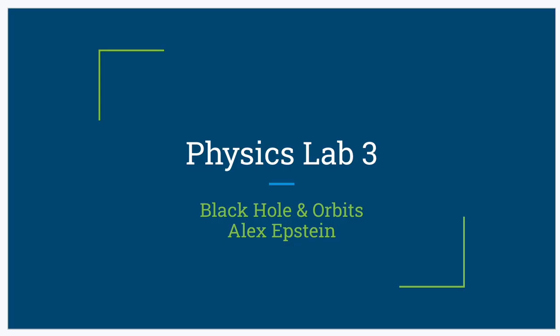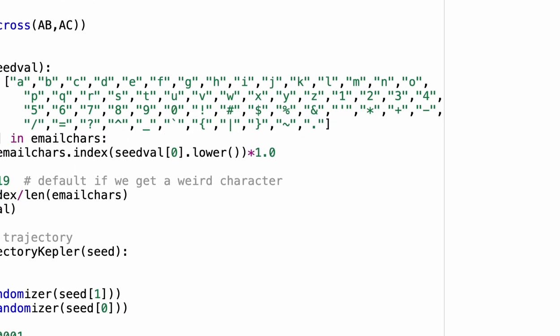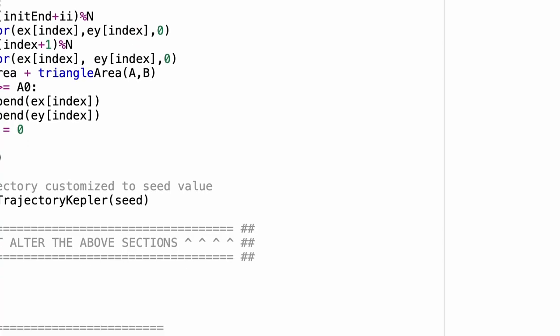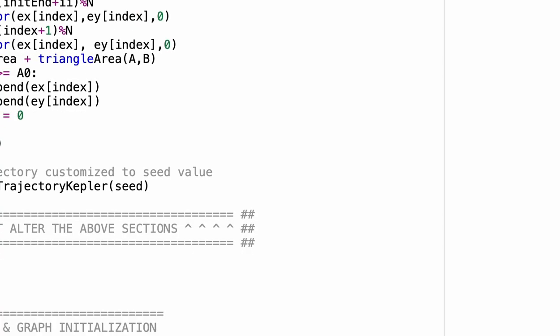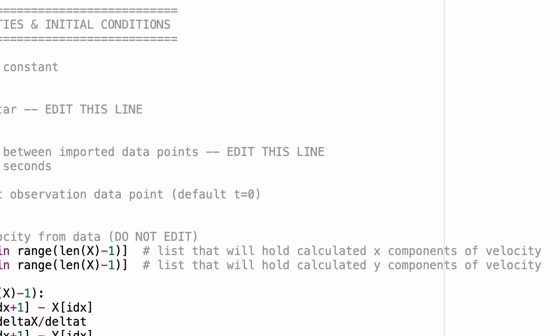So to do this, we defined our time step here as delta t, which is 86,400 seconds, which is 1 Earth day between the recorded positions. So as you can see here,